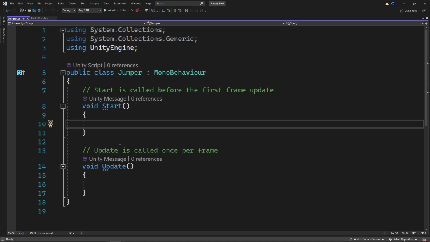So this one is going to be a bit more complicated than Little Hello World. What we want to do is make it so that every time we either click space or left click, we will then add some velocity to our player so that they go up instead of down for a little bit. Should that go in Start or should it go in Update? Or somewhere else maybe?